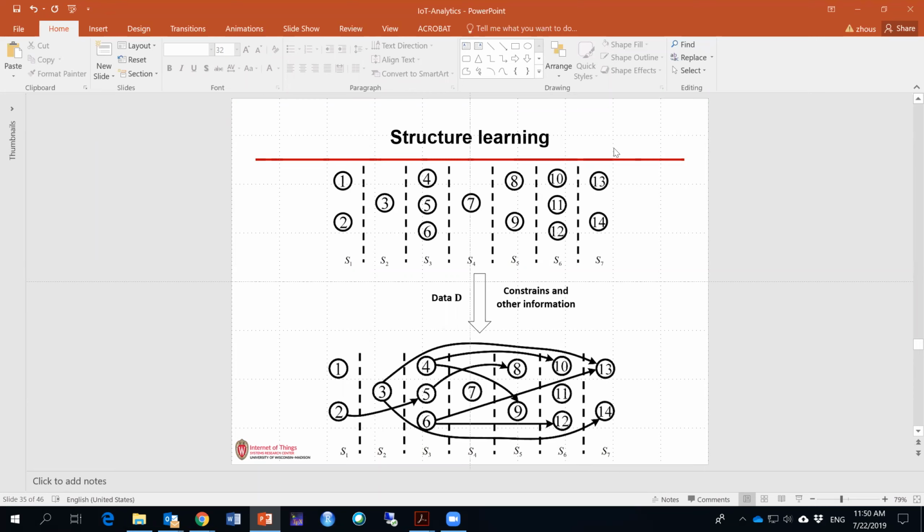But the trouble is what happens with a newly established process. We don't have too much data. So how can we get the structure quickly with limited data? The testing will not be very efficient. The power of the testing will be weak, so we will have a lot of mistakes in the testing results. So how to do it?